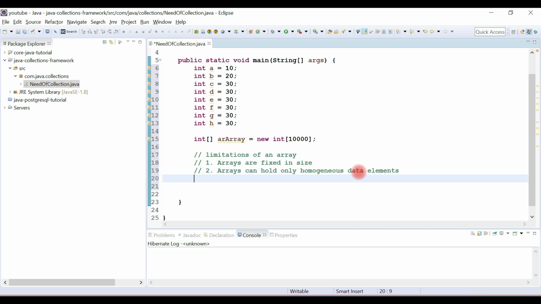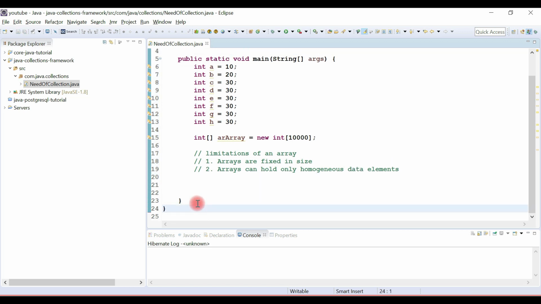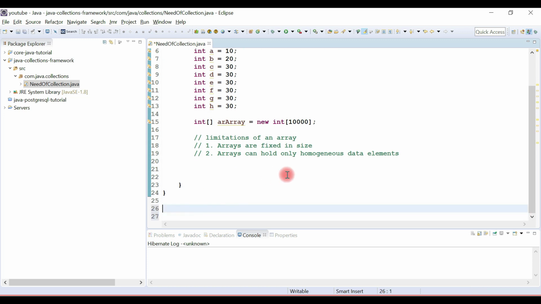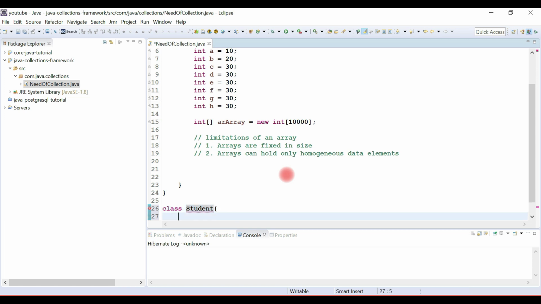For example, let me demonstrate this point. Let me quickly create a class called Student, and let me create one more class called Book.